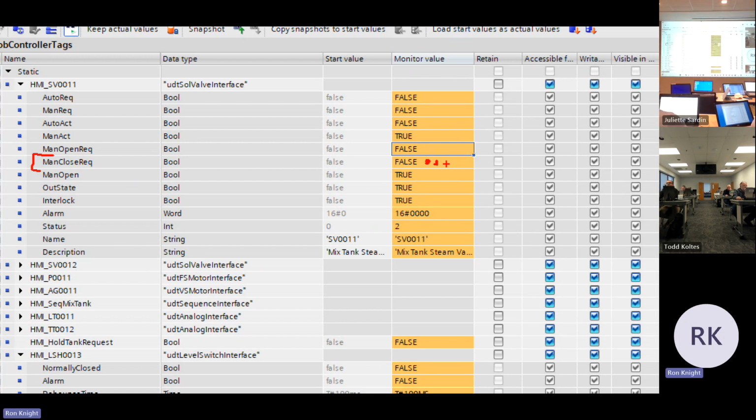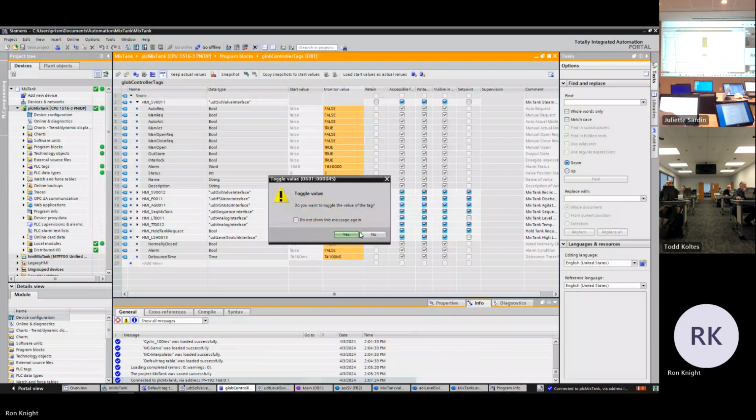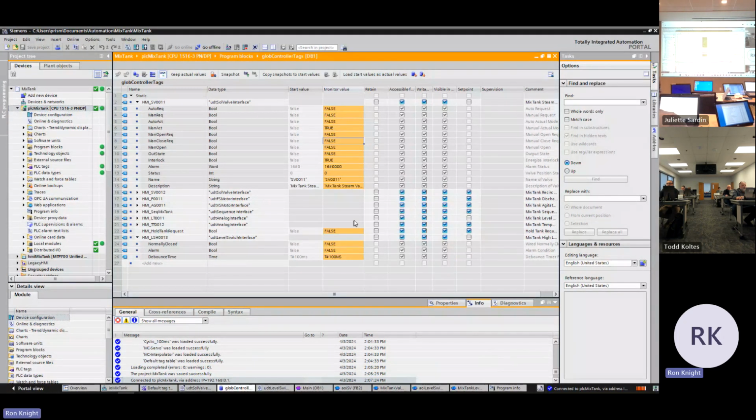So we'll toggle the manual close request to true. Toggle value, yes. And we can see the status goes to 0 and then to a 1 to tell us it's closed. So very easy to manipulate tags here. We can even manipulate